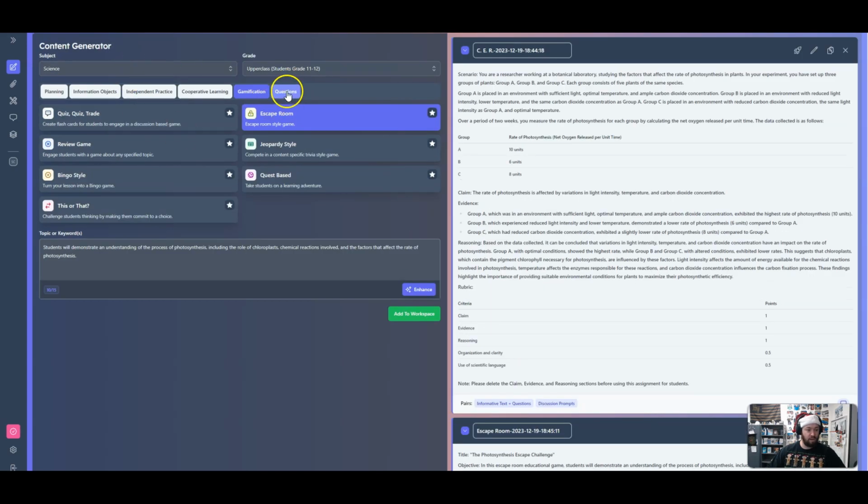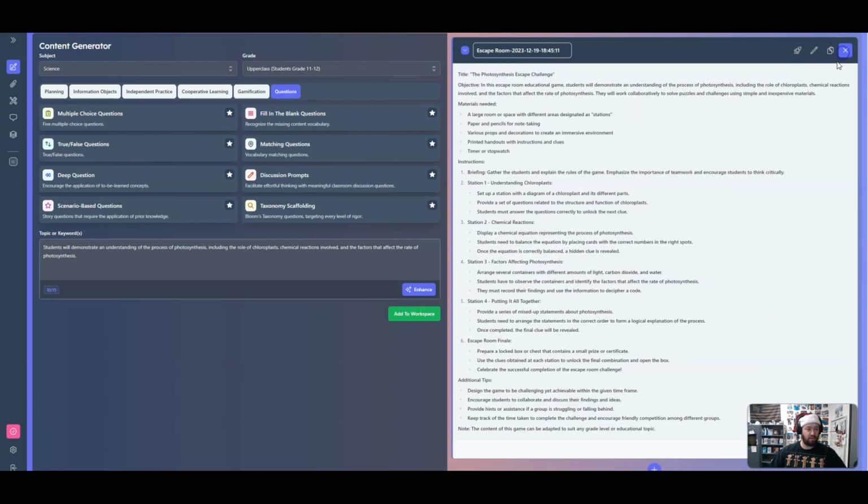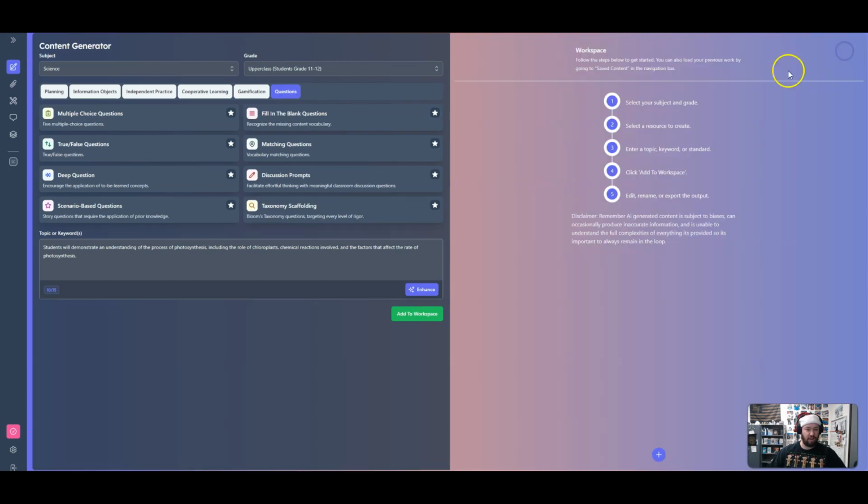The last one I want to go into, and before I do that, you can see the different types of gamification tools that are in there that are useful. But what I want to do is go into the questioning, and I know there's a lot of great questioning tools out there, but this one is kind of cool too. I like the scenario-based one,